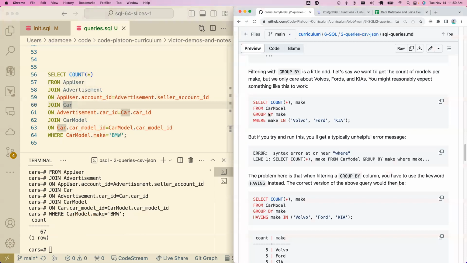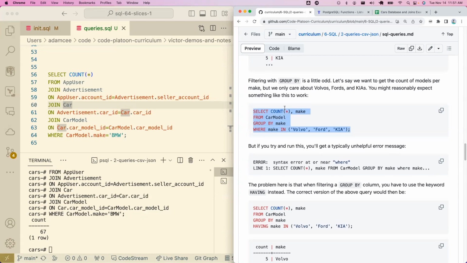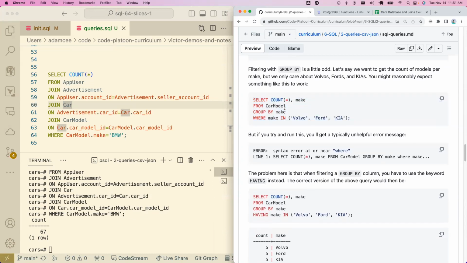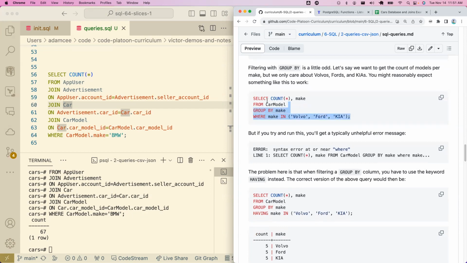We can get the same information from group by. Group by works a little differently because with group by, we can do a query to get the count of all the different models. And you can actually see that example right here, though we then run into a syntax error